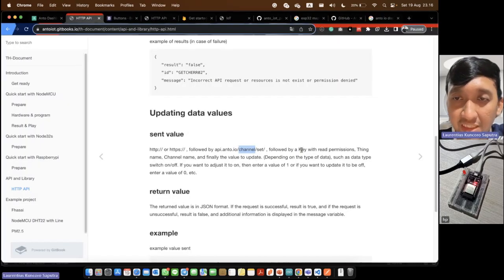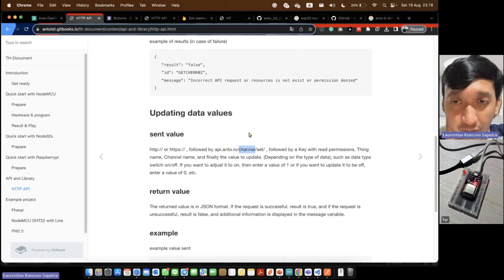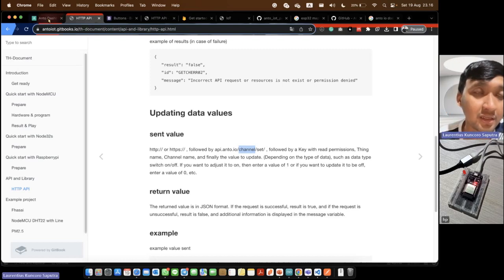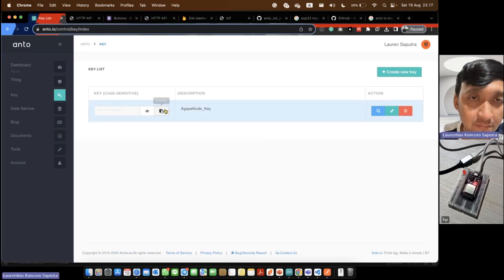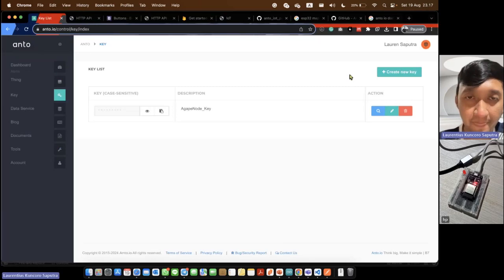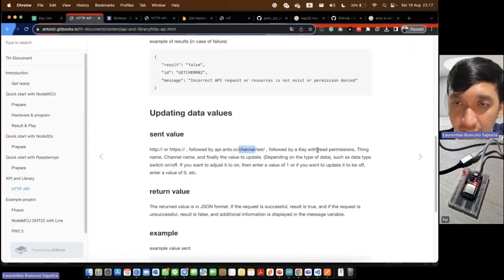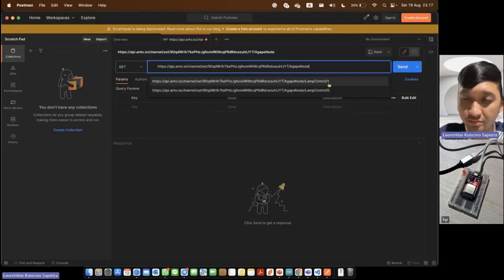Followed by the key. This is your key, it depends on the Anto account. So I put my key here. Okay, I copy, I set. After that, followed by the key with read permission, the thing's name. My thing's name is Agape Node.